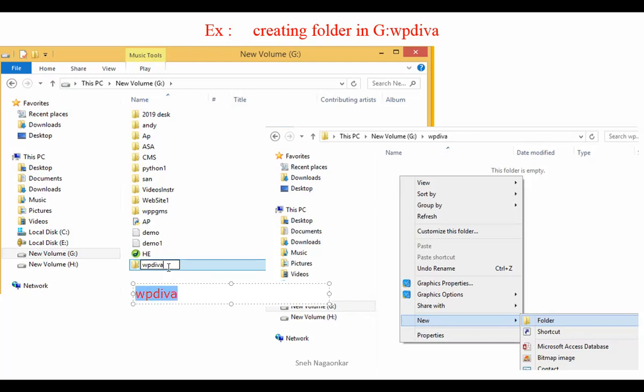If you give the name in small letters, you have to remember the folder which is in small. If you give it in capital letters, remember the folder which is in capital. The name plays a very important role. Whatever name you give for this folder, if it is capital, consider it as capital in the program. If it is small case, consider that as small case in the program.